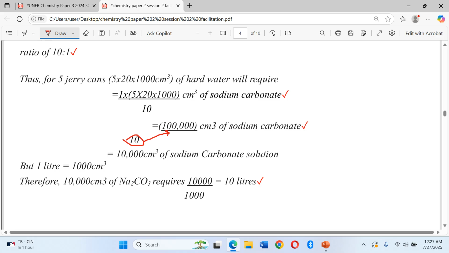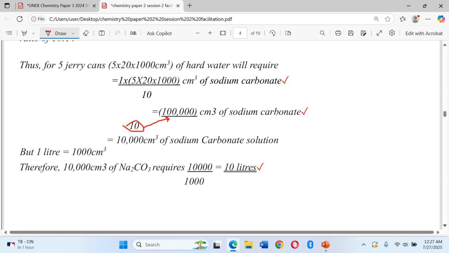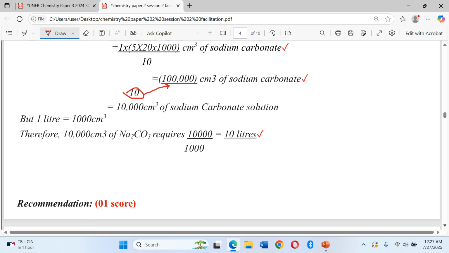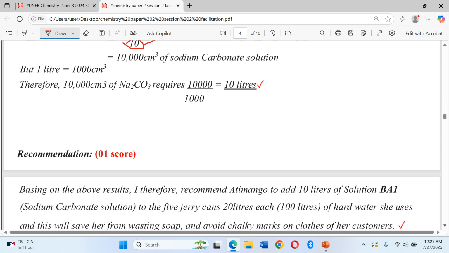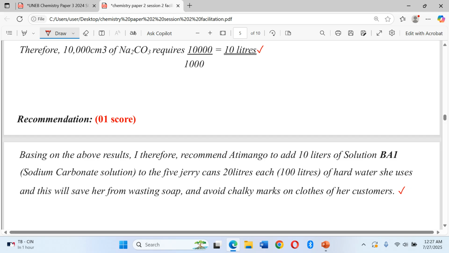And now they want us to convert it to liters, that if 1 liter is equal to 1,000 cubic centimeters, what about the 10,000 cubic centimeters? It will equal 10 liters, which means every 5 jerrycans of water, she needs only 10 liters of sodium carbonate. I think here we can see the recommendation that basing on the above results, I therefore recommend